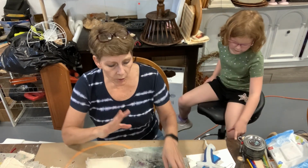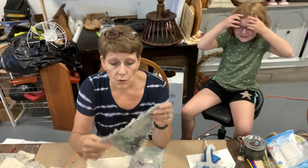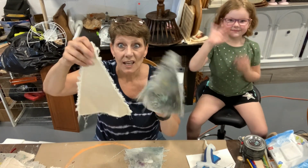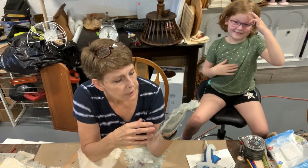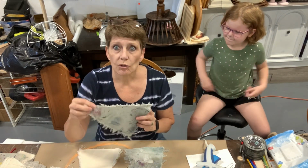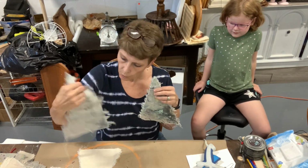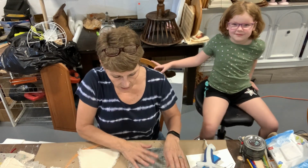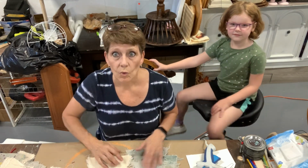Hi. But what we do have is we've gotten our Christmas tree shapes out of the dryer. So it's kind of the Christmas tree shape, but because of the dryer, we've got all these beautiful fuzzy edges, which I love. Now these are obviously the drop cloth that I had painted on, and I really love the look of them and how they turn out. I deliberately sewed them with one side that was a little plainer and one side that was much more painted. So I'm probably gonna leave the painted side alone, but especially on these beige ones, what I am going to